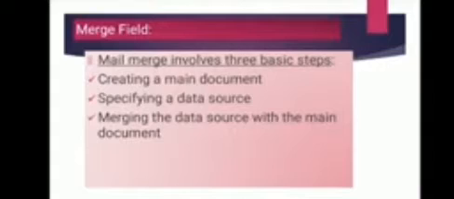Clear? So first you have to generate the data source. Then you have to write the format of the letter that you want to send, and at last you have to merge it. Now one by one we will discuss it. Suppose you want to send an offer letter or a kind of birthday invitation to your 4 or 5 different people. For this, first you have the data of those different people, meaning their name, address, city, PIN code. And a main document means the content of the letter that you want to send to all 4 people.